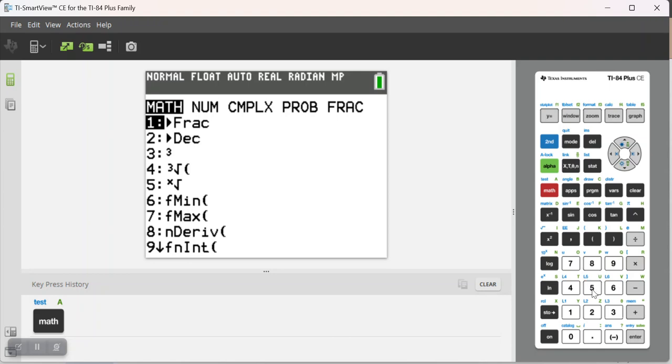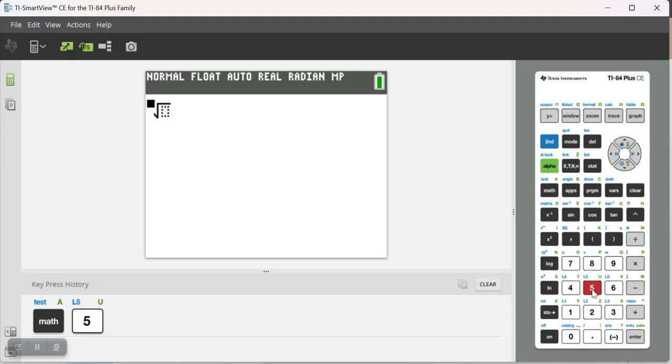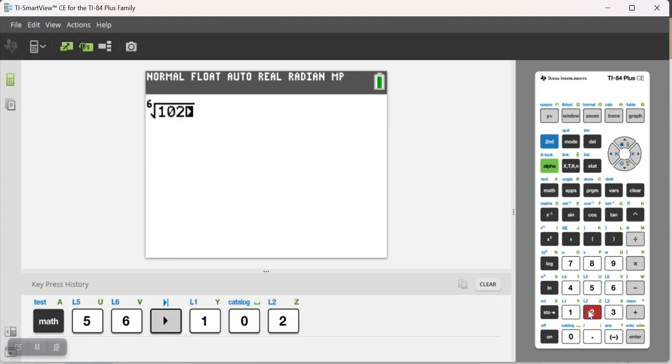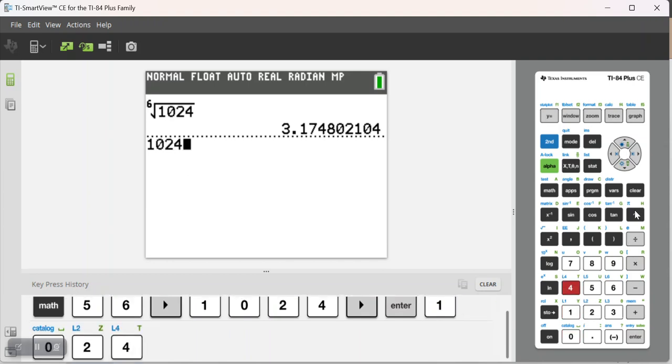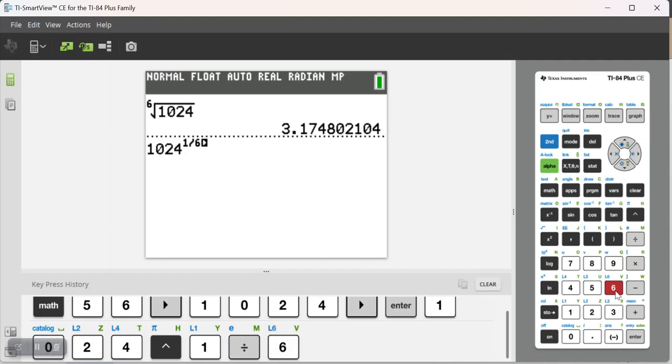I'm going to go with the fifth one here. So let's say I want the sixth root of 1024. Click enter, and that will give me the sixth root of 1024. I can get exactly the same thing if I go 1024 to the 1/6 power, since the 1/6 power corresponds to the sixth root. But then notice that because I'm using rational exponents here, I can actually do much more